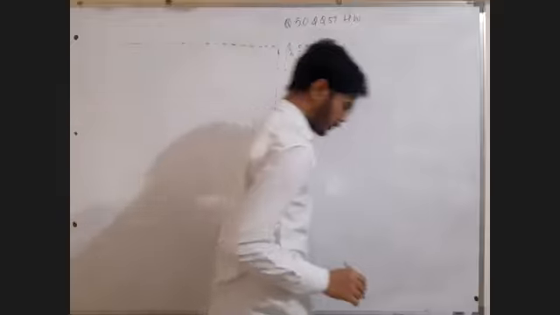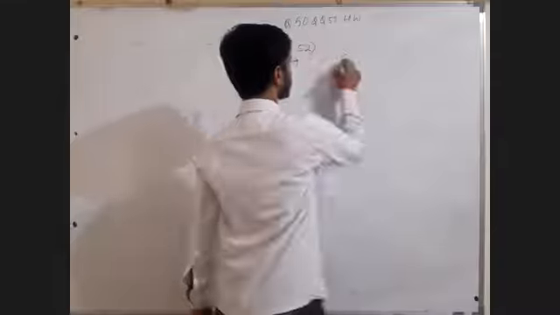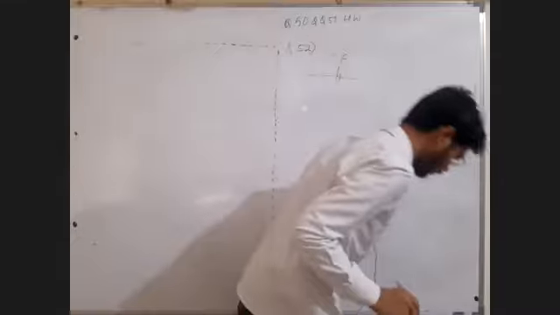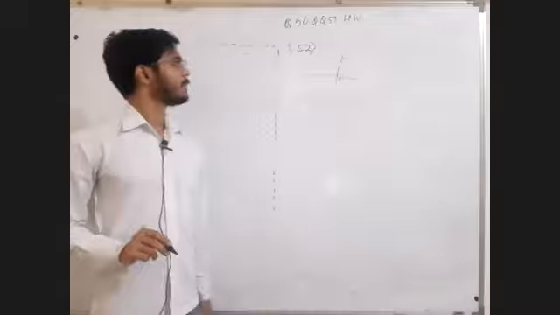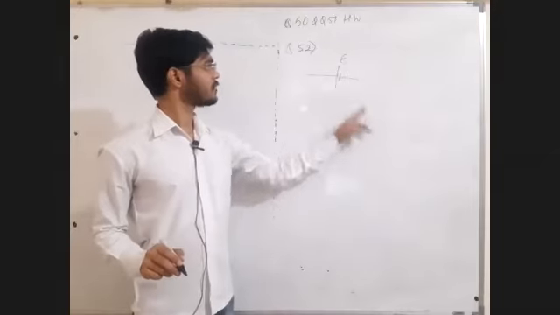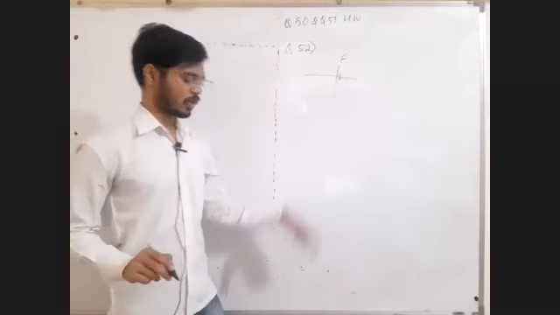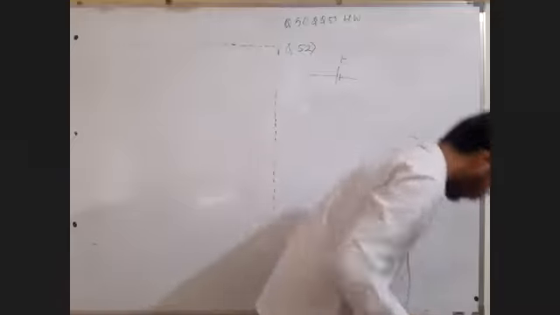Example number 52. What they have done is this. This battery they have written epsilon. Generally what people do is A, B, C, D, E letters are generally used at the points, at the junctions. So for the EMF they use the symbol epsilon. That is also valid. That is also a good thing.